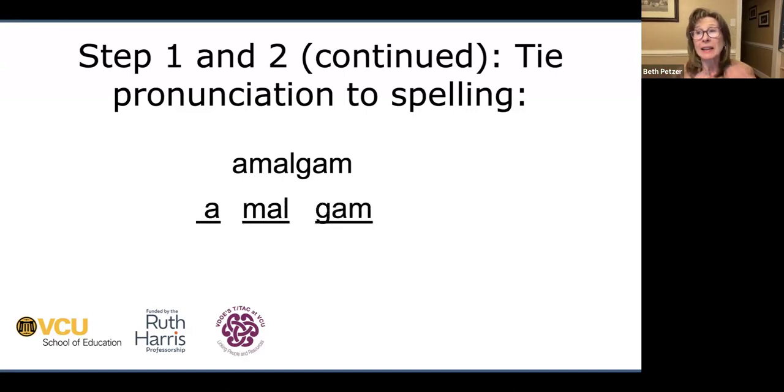G-A-M. Oh, and I said gam, but we really say gum. But I like to think of it as gam because it helps me remember how to spell it. But speaking of that, let's just say we've just spelled amalgam, and I didn't make you have to guess this or pull it out of the air. We had the letters right there. We're looking at it. We're talking about how it's spelled. So no tricks there. But if you want to extend and deepen their ability to spell this word, you're going to want